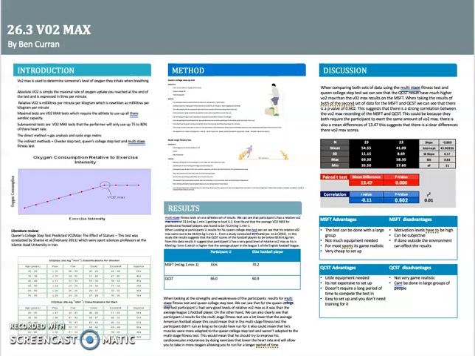Using this data, we can compare it to the average multi-stage fitness test scores from athletes in their sport. Participant U takes part in football. Looking at a study